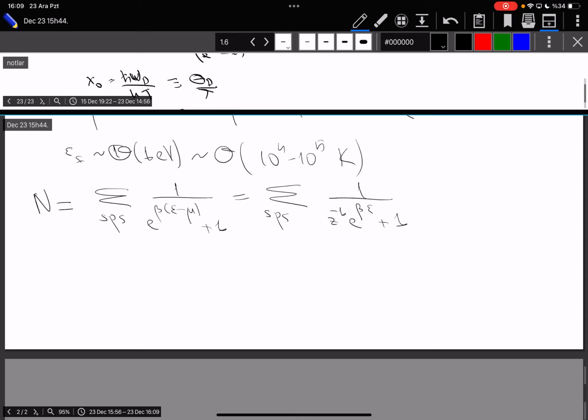Z is again the usual definition. It's the same definition whether you are looking at bosons or fermions. It's the so-called fugacity. And that sum over single particle states, we can write it as an integral over possible momenta and coordinates